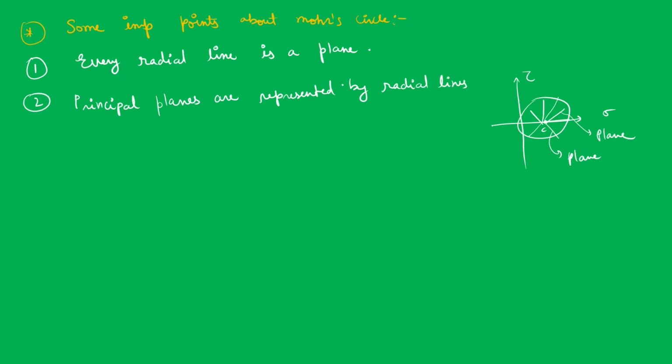A radial line represents a plane, and we are talking about the principal plane, that is why there is a radial line. So principal planes are represented by radial lines